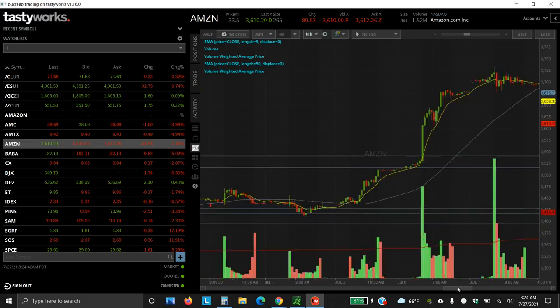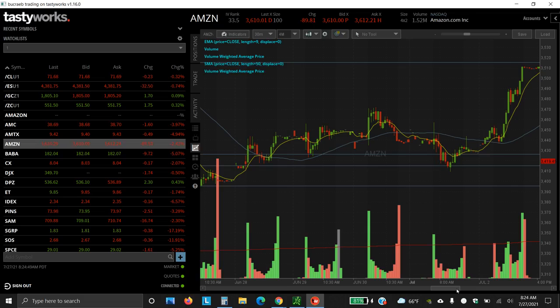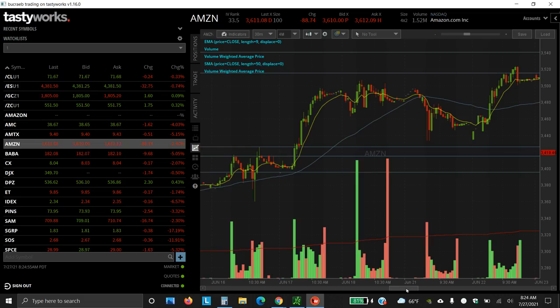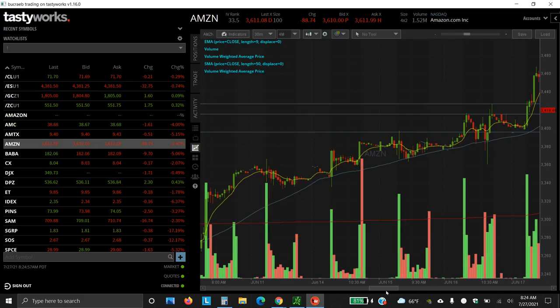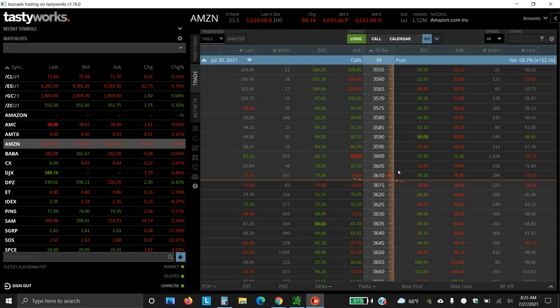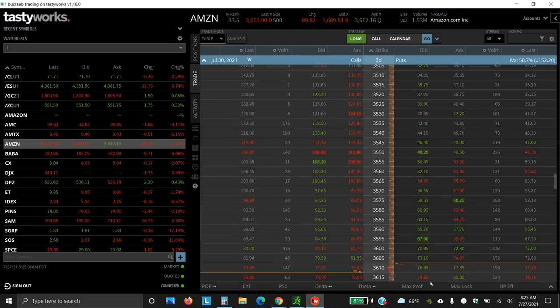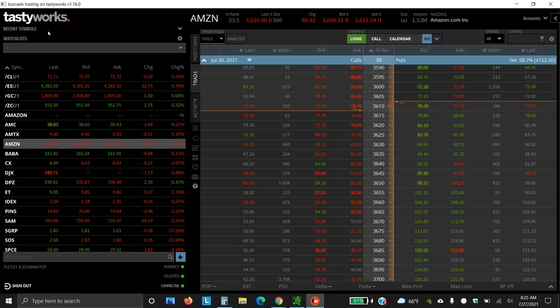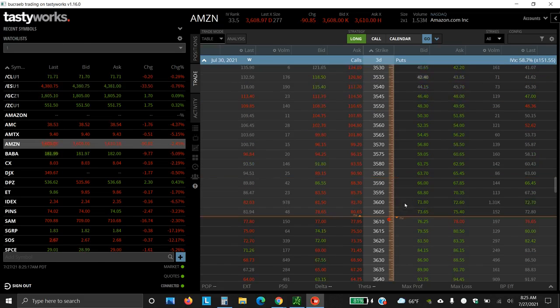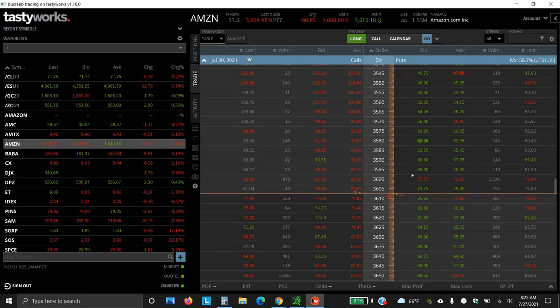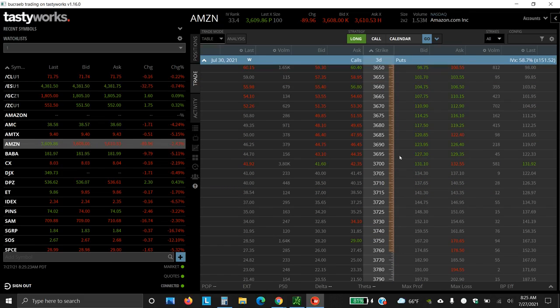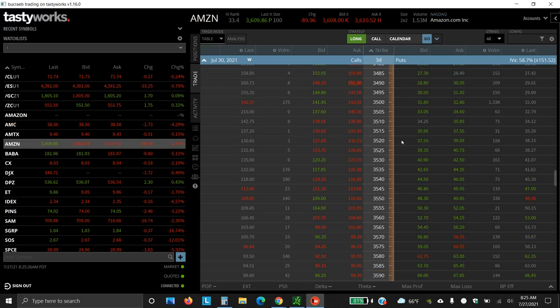Let's see if it goes back any, 35.20, 34.20, 3,400. Okay, let's look at the 3400, but let's see what the expected move is. The expected move is 34. See this shaded area in this platform? This is Tastyworks. I would recommend, after you learn how to do options, that you apply for this, because it is the best one for options. This shaded area is the expected move for the earnings, by Friday.